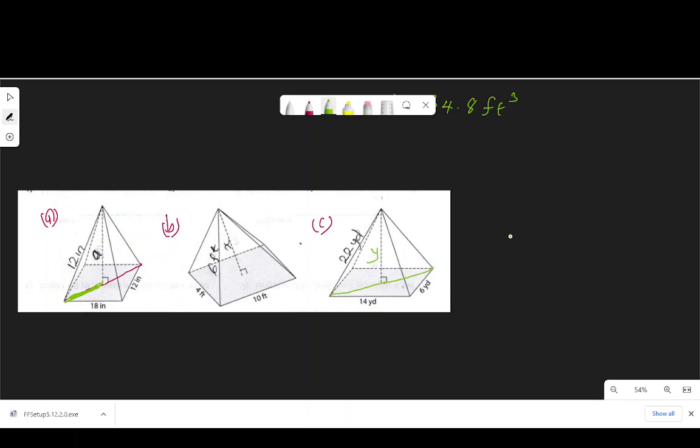Applying Pythagoras, let me draw the triangle first. This base here is 14 yards, and this side here is 6 yards. Then this diagonal D is what we need. D squared is equal to 14 squared plus 6 squared. 14 squared would be